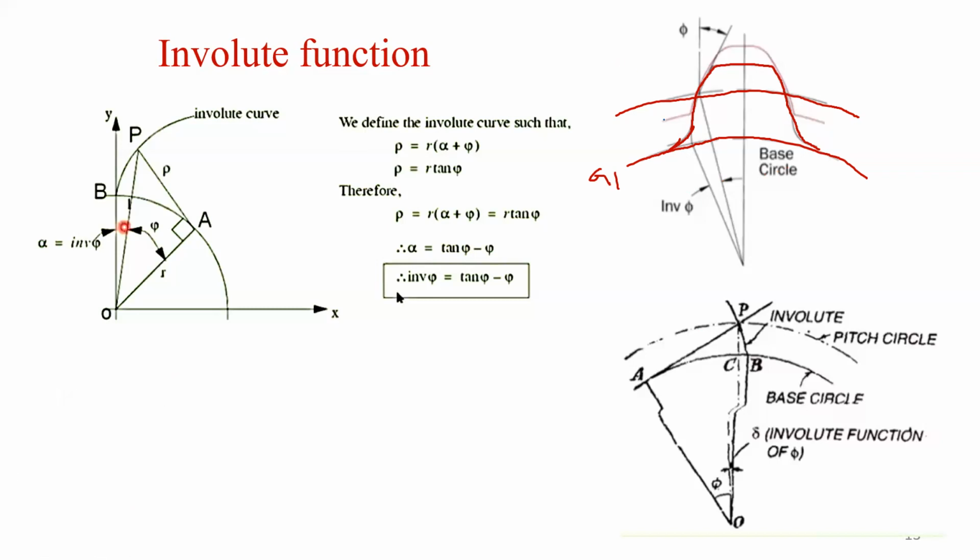Similarly, there is another gear. So gear 1 is symmetrically meshed into the space of the tooth of gear 2. This is the center of the gear. So gear 1 and gear 2 are meshed symmetrically in the space of the opposite gear.